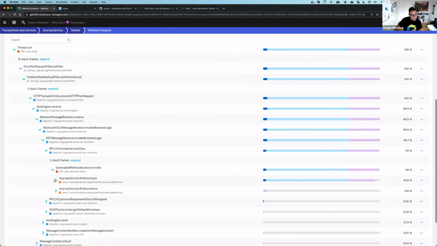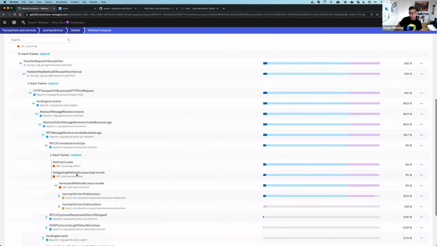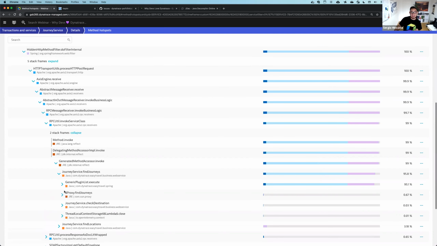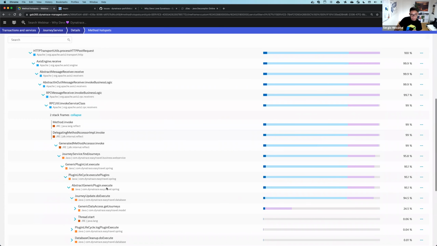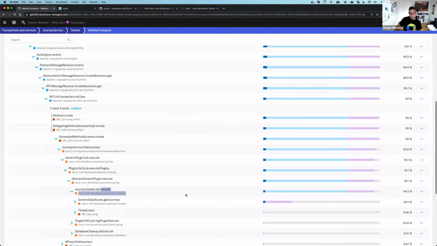So we can see that in the find journeys, we have a jump. Find locations has no locking problem, right? So from this class, we have some other methods, and we have two calls: find journeys and find locations. Find locations has no locking problem whatsoever, but find journeys does have really important information. And in the find journeys, we continue navigating. We see here execute, journey do execute. The do execute has synchronization, and look at the jump between do execute and get journeys. The synchronization time goes away,